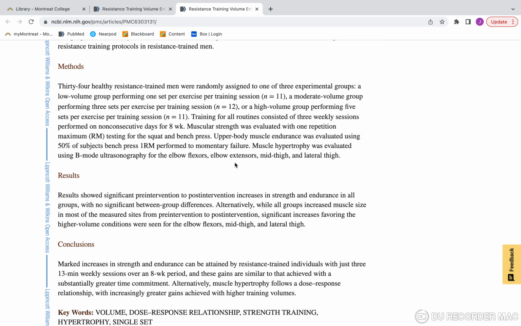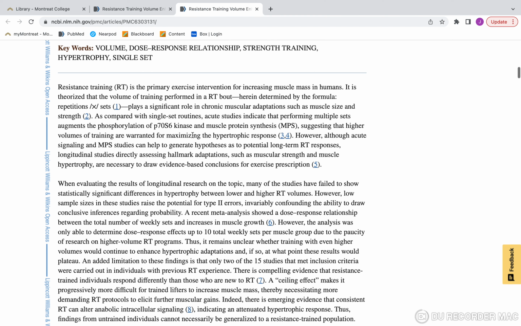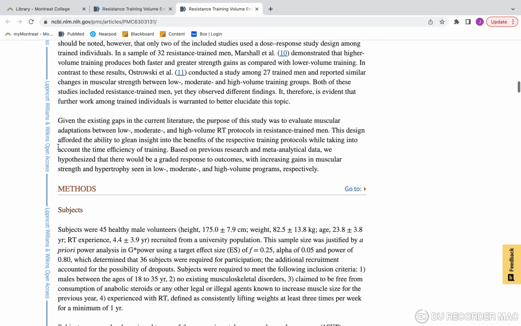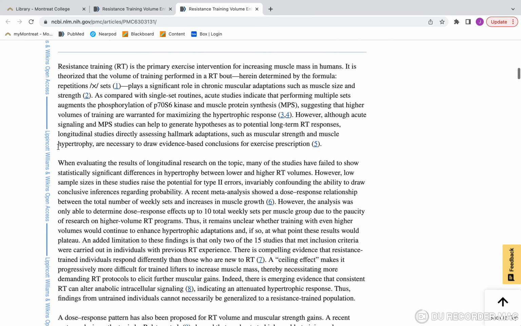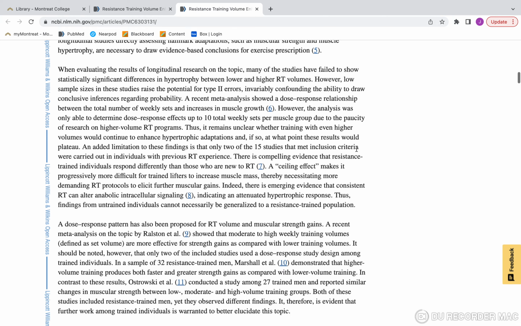From there, you might see a certain type or certain aspect of this study would be interesting. So the first one that's often going to show up, and whether it's labeled or not, is going to be the introduction, or background would be another term. So what we have is nothing here is new for this first section. It gives you all the background information you need to understand the study. It says, okay, we've looked through previous research. We know here's what's happening, here's what we don't know, here's what we plan to answer in this study. So this can be helpful sometimes to get you caught up on things you may or may not know.